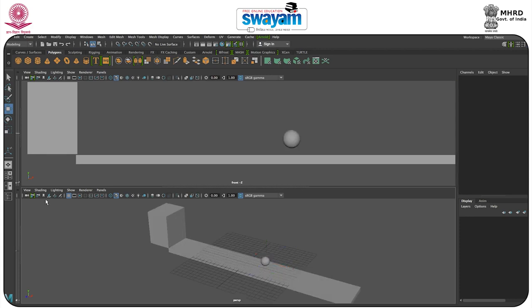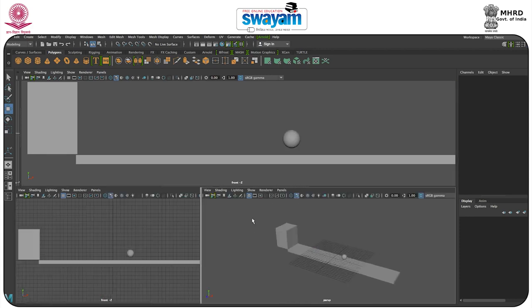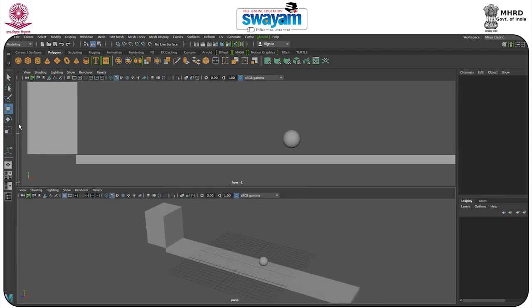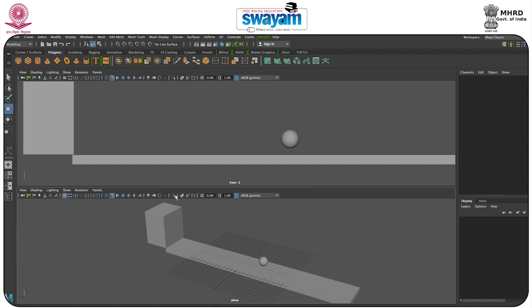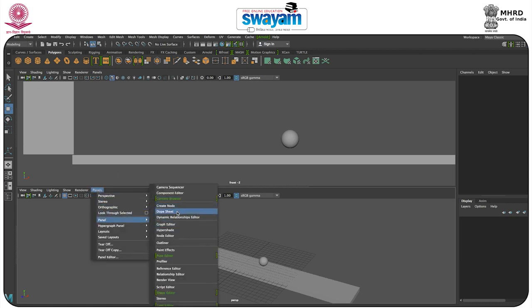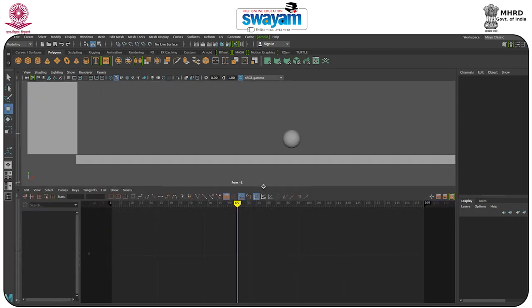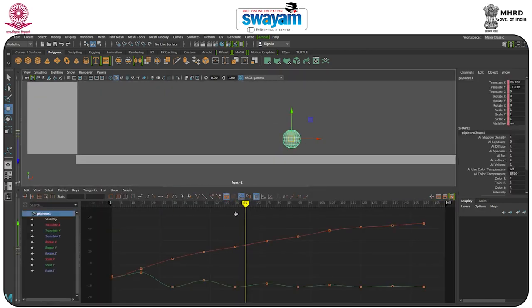So that's very easy. If you want to drag your view, you can drag. Okay, now I will not require my another view, so I will just put it here, change the panel, and go to graph editor. And now if you select your ball, what you are getting